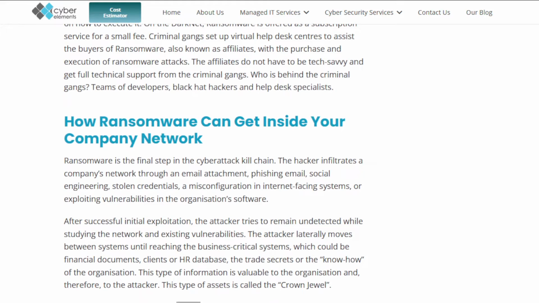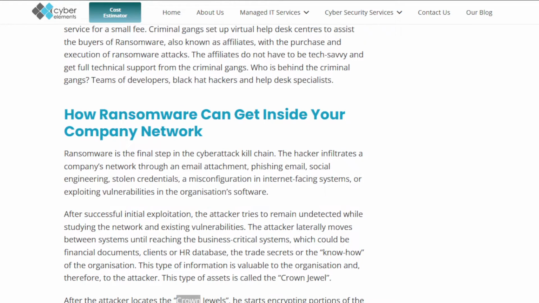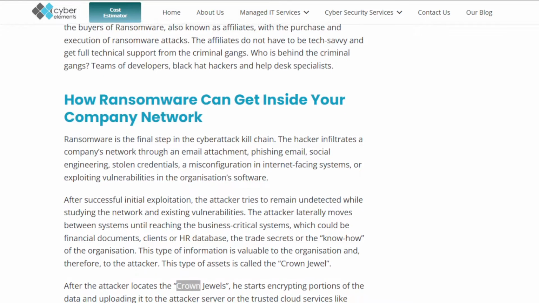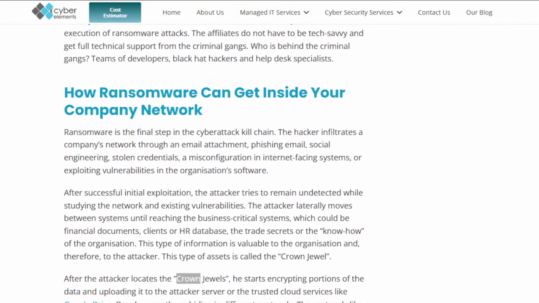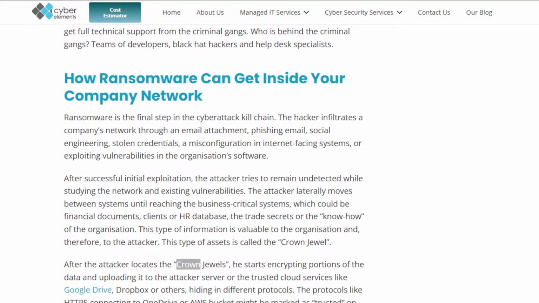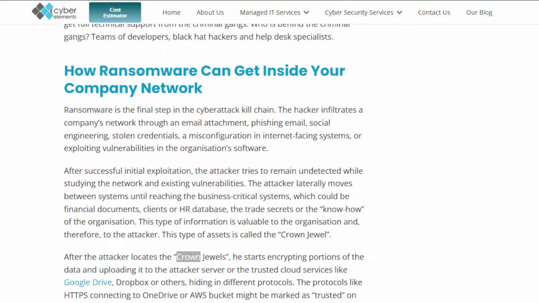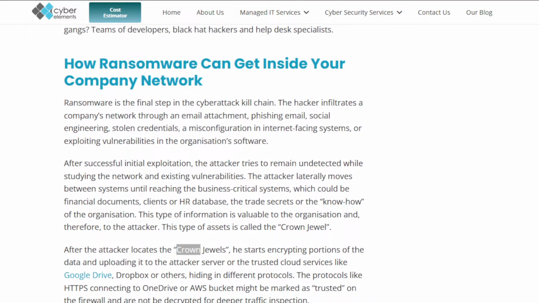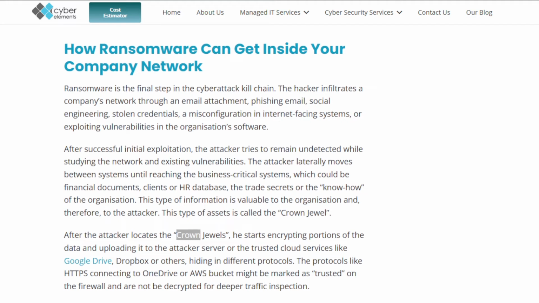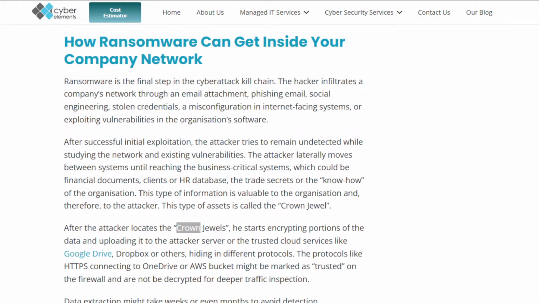How ransomware can get inside your company network. Ransomware is the final step in the cyber attack kill chain. The hacker infiltrates a company's network through an email attachment, phishing email, social engineering, stolen credentials, misconfiguration in internet-facing systems, or by exploiting vulnerabilities in the organization's software.